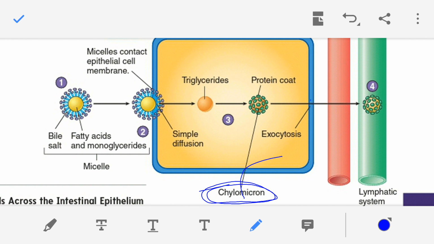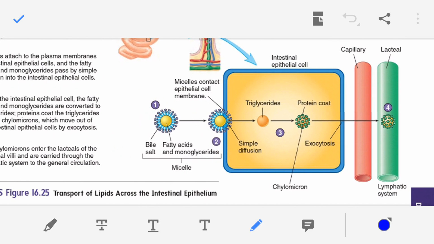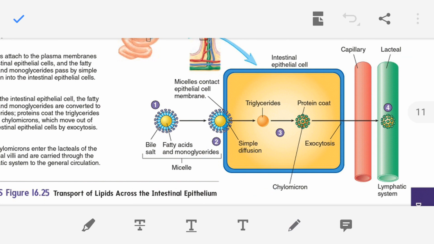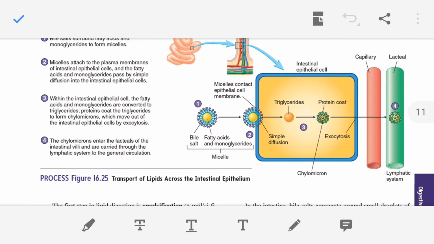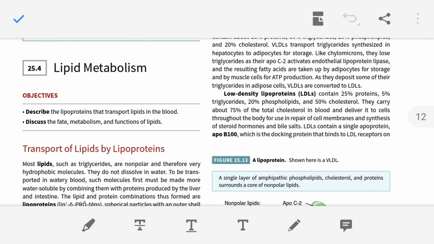By the process of exocytosis, the secretory vesicle bursts out, and the chylomicron enters into the lymphatic vessel, and that lymphatic vessel is known as the lacteal. So chylomicrons enter into the lacteal, and in the lacteal lymph is there. Okay, now from the lacteal,